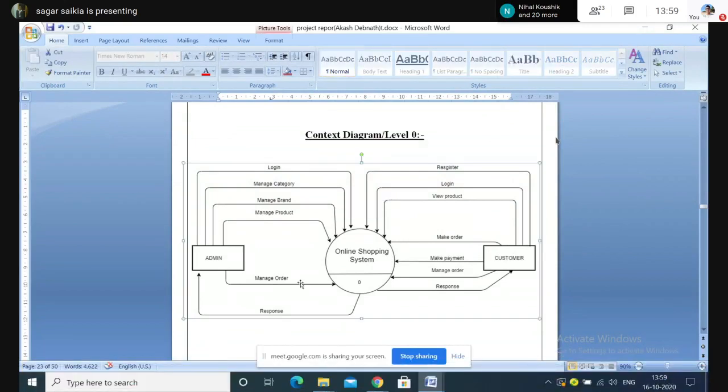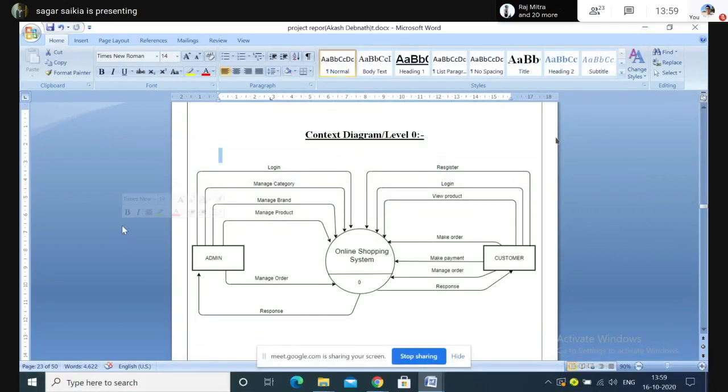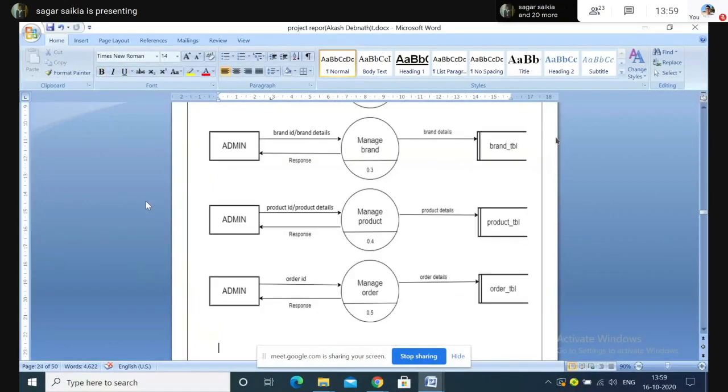So this is roughly the context diagram or the level 0 diagram. And if you see the arrows, it is all going into the system, only this is coming back. So if any data you are getting back from the system, the arrow will be flowing from the process to the entity. If you are giving some data to the system, then in that case, the arrow will be from the entity to the process. So this is how the context diagram or the level 0 diagram is made. So that is level 0.